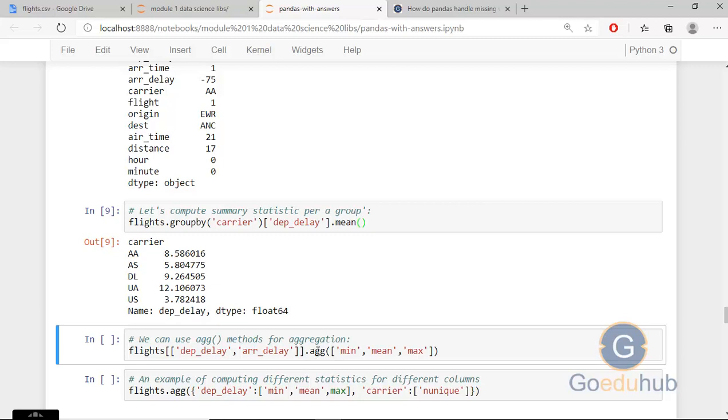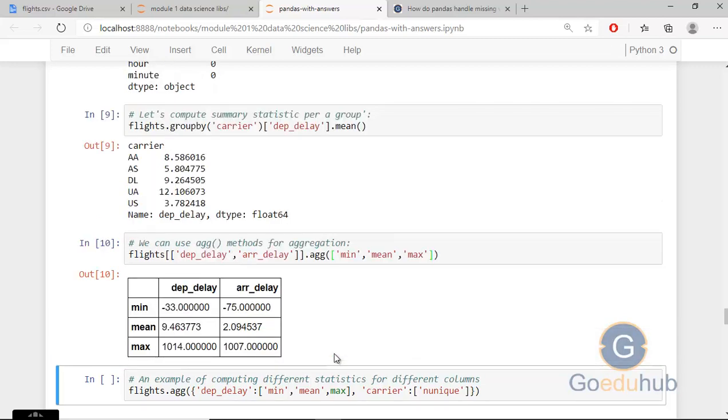If you want to implement more than one aggregation function over a particular column, you can write the data and then dot agg, and inside the agg, in square brackets, you can pass more than one aggregation function. So here we are passing min, mean and max. For these two columns, we will get the minimum, maximum and mean value.